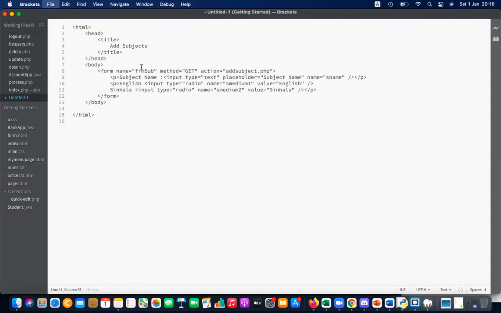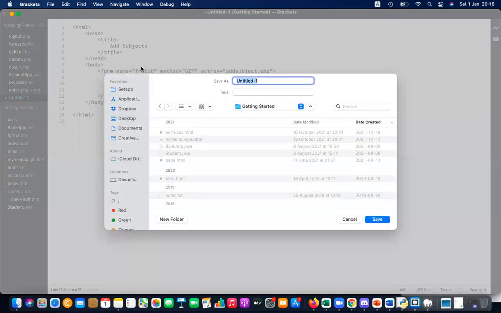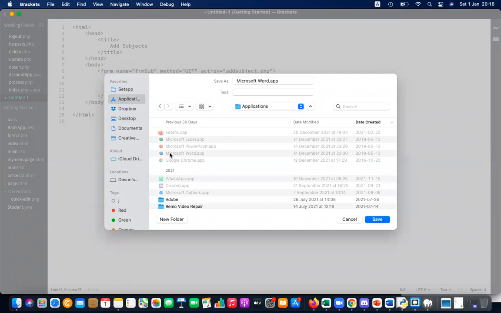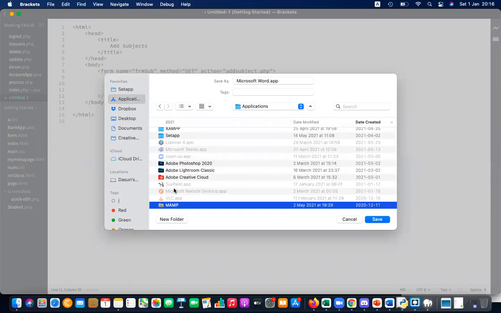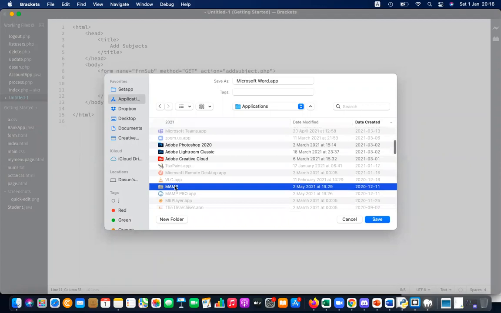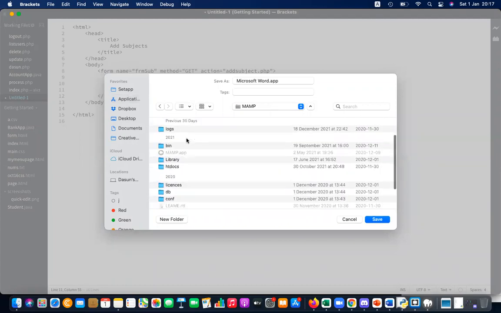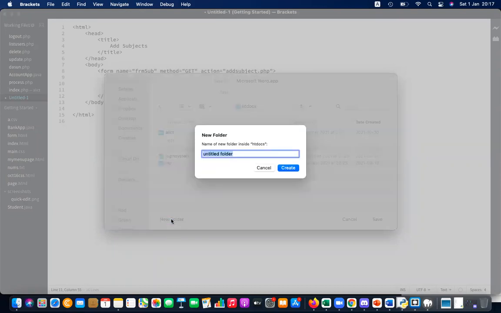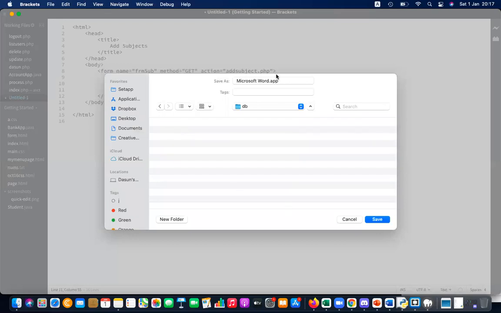So let me save the file. I'm going to save it in my local server basically. As I'm using the Mac operating system, my local server resides inside the MAMP folder in Applications. So in your case, it is the XAMPP folder in C drive. In my case, I have to go to the MAMP folder. There I have htdocs. That is the main folder, and I would like to add a new folder for the database, or DB. Let's add a new folder. Inside that, I'm going to save this file